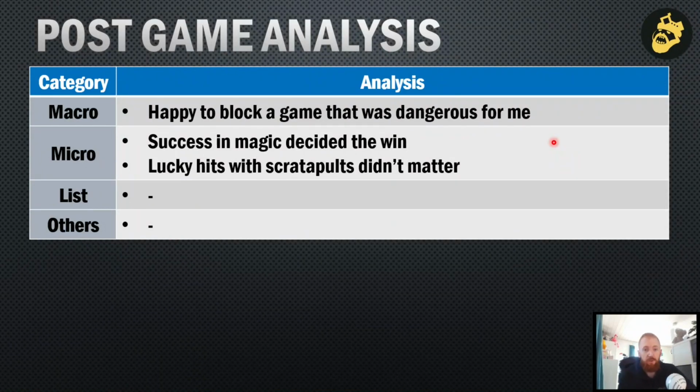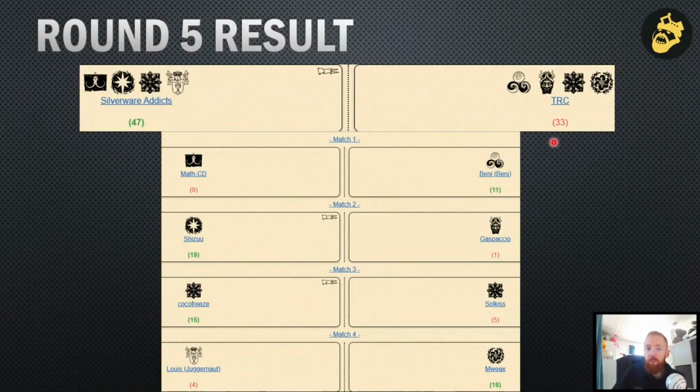Post game, not much to say. I was happy to block a game that was dangerous for me. Success in Magic decided the win, and the lucky hit with the Scrotapple didn't matter at all. That's it, basically. We ended up still winning the round, so me on a 9, a big win from our green matchup. Coco managed to make the difference in the Warrior Mirror that was a yellow. And Louis on the explosive matchup lost to Marx playing Vermin Swarm, which ended up being a